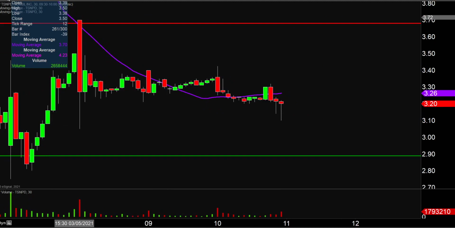But the new level I'm very curious about from the resistance side of things is this trend line right here. Is this resistance trend line going to start to build more pressure? Is this going to start to take over and bring the price all the way back down to that area of support at the bottom of the channel? That still remains to be seen. But with today's crazy price action, I'm now very curious about the validity of that trend line.